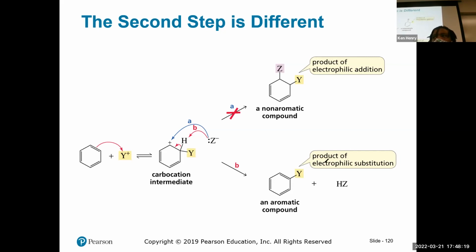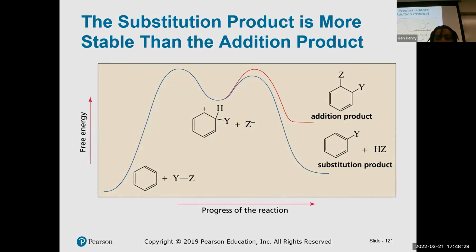Okay. So we're not going to get the formation of the electrophilic addition. Instead, we're just going to get an electrophilic substitution. So we're just going to get the Y being added on. Okay. So we'll stop here. We'll pick it back up